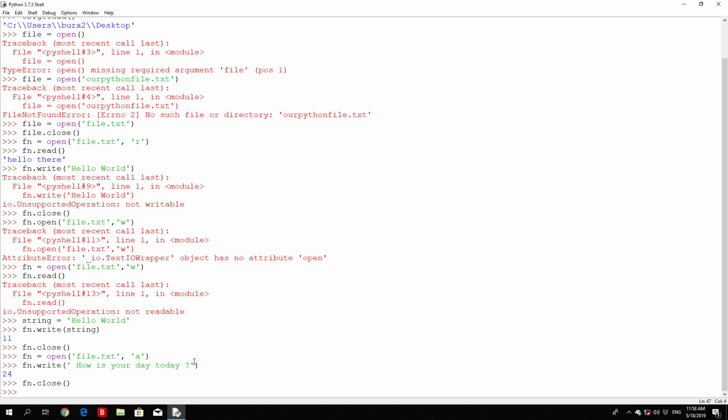Okay, so basically there are also other functions that might be useful to you once you actually open the file, and let's take a look at them as well right now. So you can use a special usage of the R function, for example, which stands for reading. You can simply specify with the T and B next to this R letter, you can specify whether you want to read text or you want to read